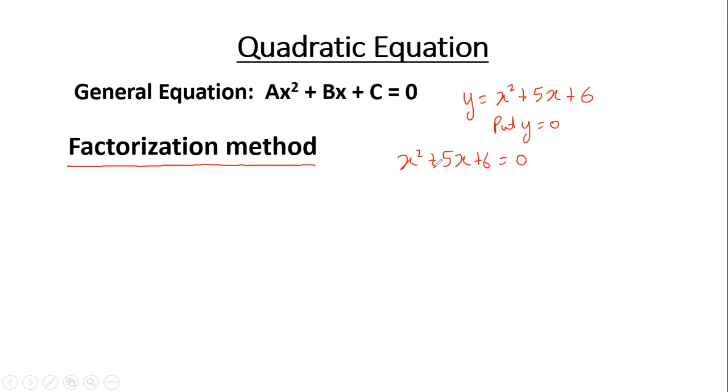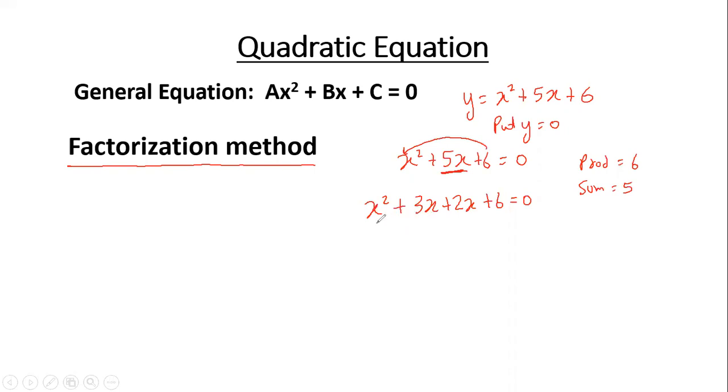Now, if I want to do the middle term splitting and solve it, what I need to take care of is I have to split this middle term in such a way that the product is 6, which is 1 into 6, and the sum has to be 5. And when I do that, I realize that x square plus 3x plus 2x. So if I do the product, 3 into 2 is 6 and 3 plus 2 is 5. So that's how we do the middle term splitting.